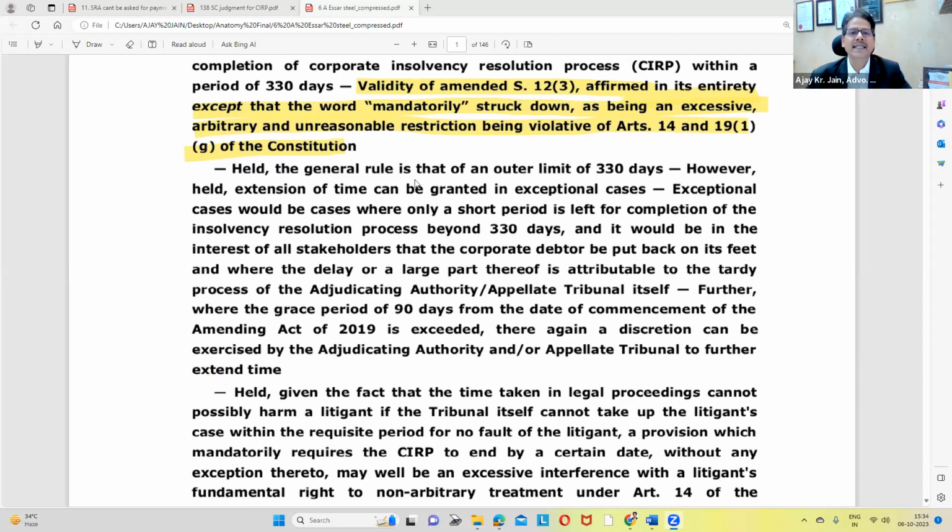The Supreme Court held that the general rule is an outer limit of 330 days. However, it held that extension of time can be granted in exceptional cases. Exceptional cases would be cases where only a short period is left for completion of the insolvency resolution process beyond 330 days, and it would be in the interest of all stakeholders that the CD be put back on its feet, and where the delay or large part of